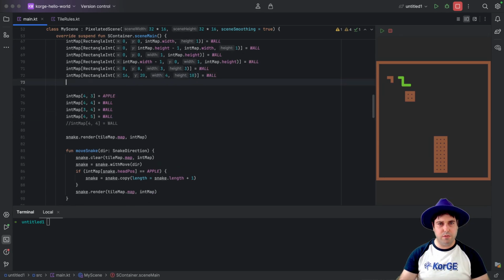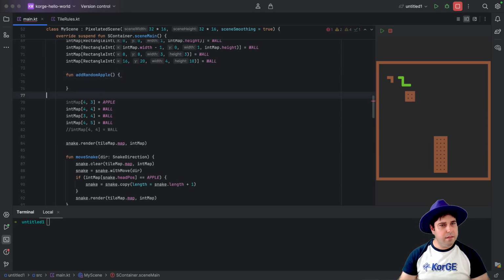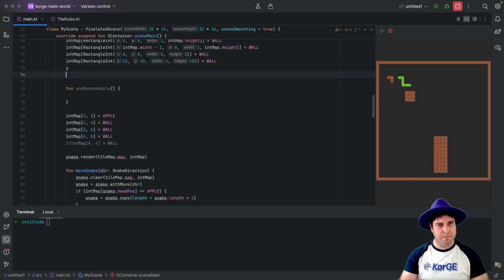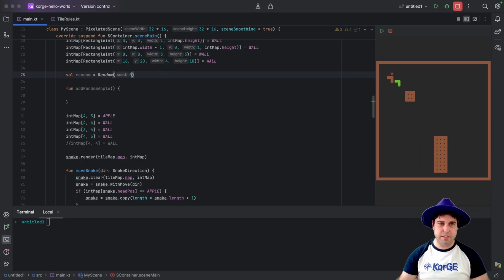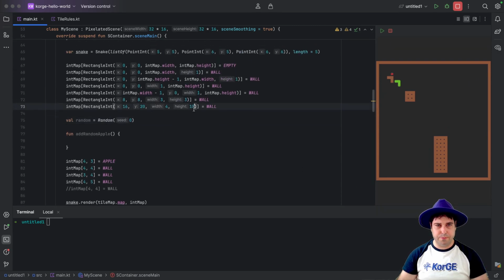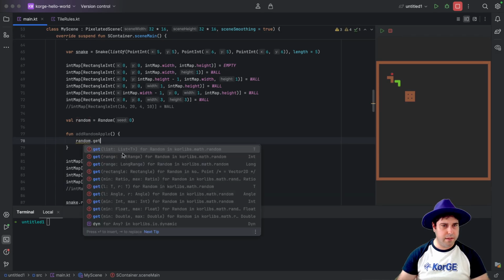So we're going to create a method, add random apple, and here we are going to have a random number generator with a specific seed. So initially, at least, the values are predictable. So first we are going to use the random to get